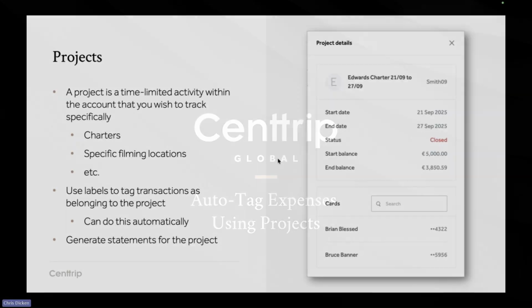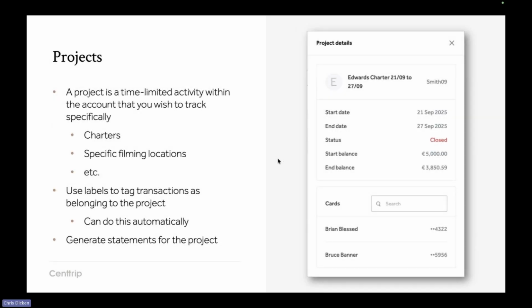We're also going to take a look today at projects, because what we're going to be doing is showing you how you can categorize your expenses, in our case our account transactions, as being part of a particular project. Now that project could be a film shoot on a particular location. More often than not though, most of our customers in the marine sector use them for charters, because you can